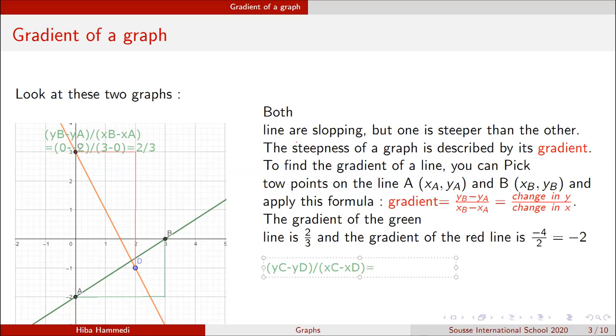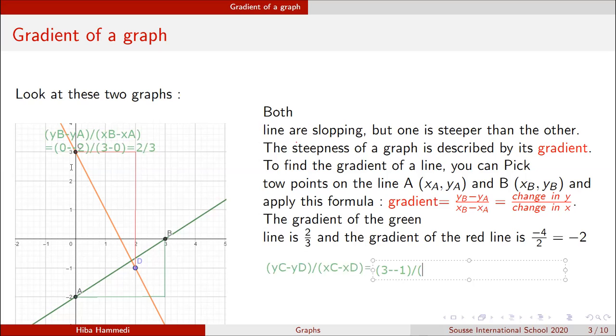And YC, this is point C if you didn't see it, YC is equal to 3. So 3 minus YD is equal to -1, so minus -1, so it will be 3 minus -1, like that. And this is divided by